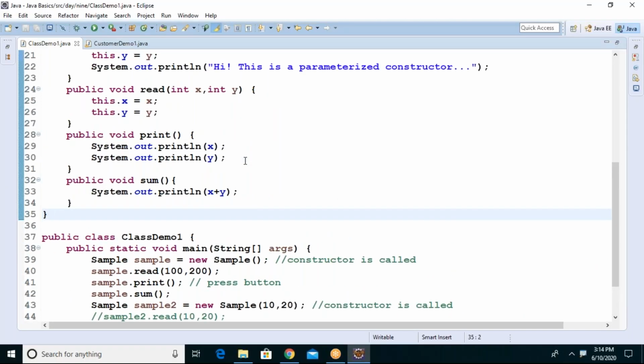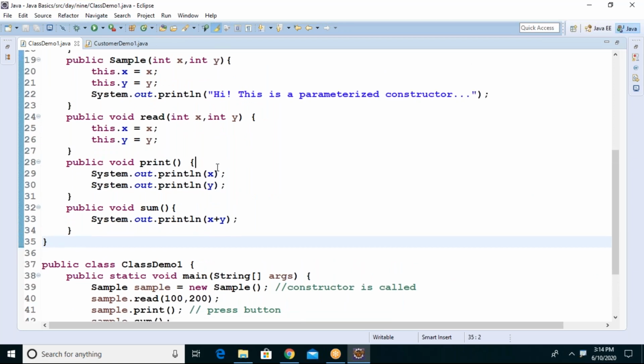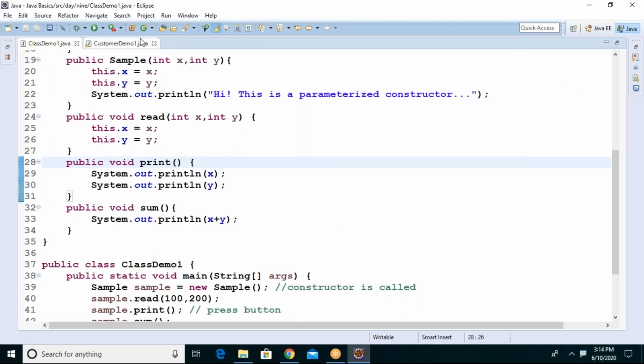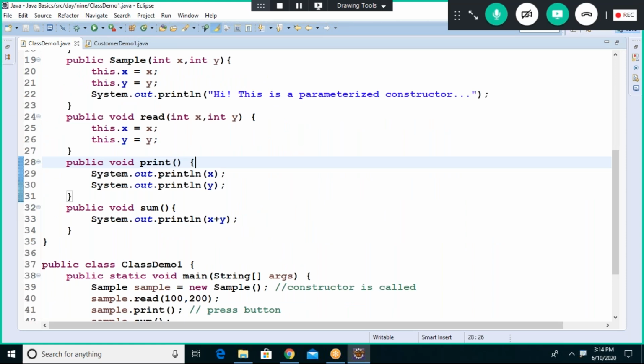Look at it. See, when you call it, it goes and hits the default constructor. Sorry, I am unable to show you because of the low screen.